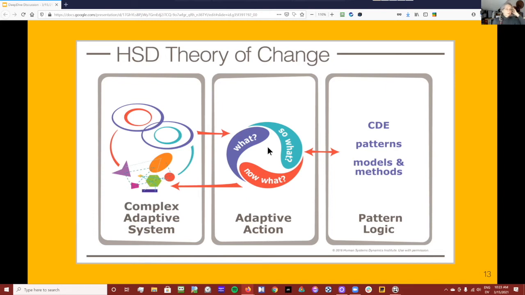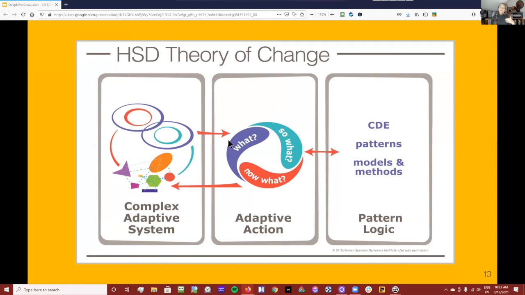There's one more thing I wanted to say about that. The other thing about the what, so what, now what that is becoming more clear to me recently is that one of the parts of the process is that you're slowing down your reaction, so that you're observing, and then pausing from observing a problem to assessing the problem and thinking about it from different angles, and then taking an action to solve it. So you're breaking those three pieces down so that you can be more intentional.